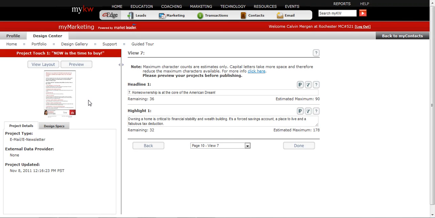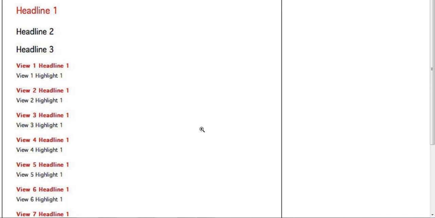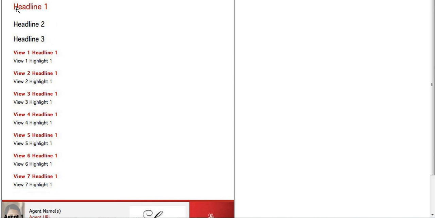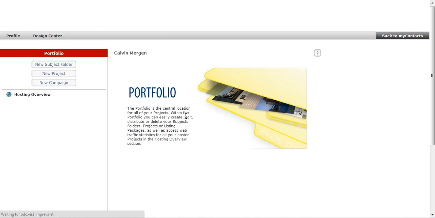Again, I could be customizing any bit of this. Let me just throw this thing out here again. I want you guys to see what I'm customizing. So this is what's going here. Headline 1, 2, 3, and then this information here as well. So that's exactly what I'm customizing on this letter. And I'm choosing to leave some of the stuff in here because I like what they have. But I did want it to make it an open